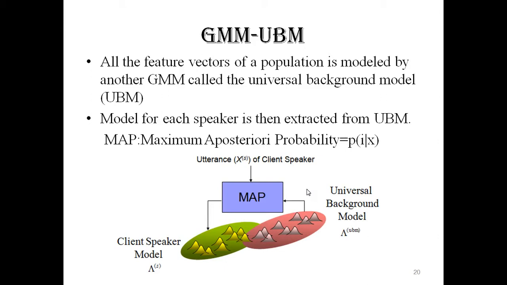The decision block still remains the same, where we just see which speaker's model in the numerator gave the highest log likelihood ratio for a given test vector and decide that he is the speaker being identified.